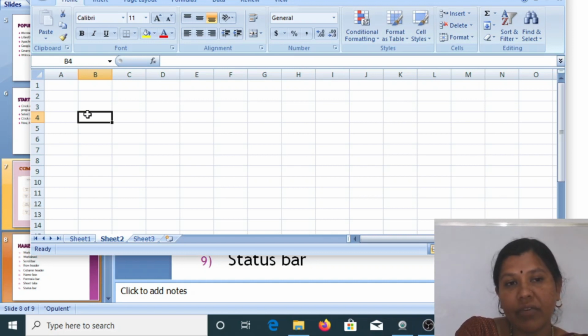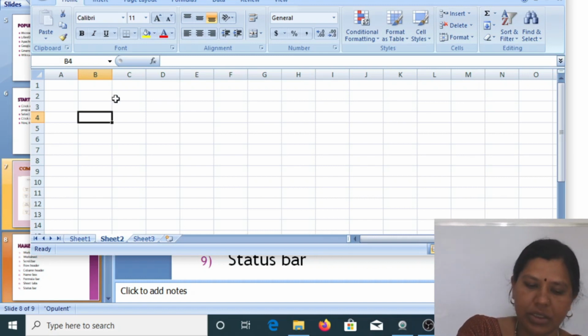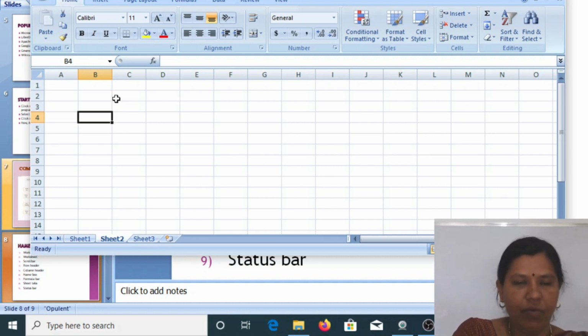And we have three types of range. One is column range. Column range refers to a range of cells spread across a column. In this type of cell range, the column letter is constant, whereas the row number varies.